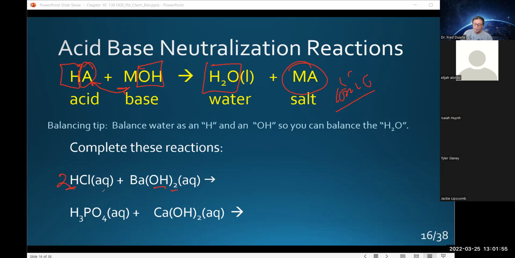Well, what that means is I'm going to create 2 waters, right? Again, if I have 1,000,000 protons, I need 1,000,000 hydroxides. And when they combine, I'm going to get 1,000,000 waters. And so here I have 2 protons, 2 hydroxides. I'm going to create 2 waters. So guess what? My hydrogens and my oxygens are balanced here, okay? What's left now